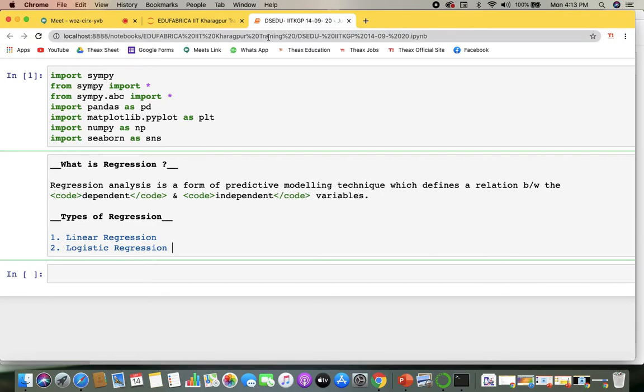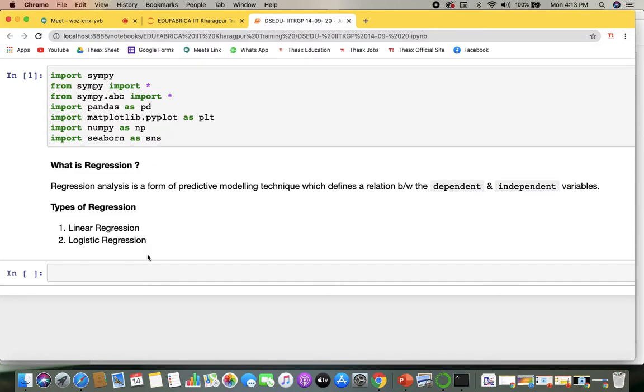So these are the two things to be discussed today. Before that, in regression, when I say there are dependent and independent variables, what exactly do I mean by the dependent and the independent ones? So dependent, you can say, are the ones